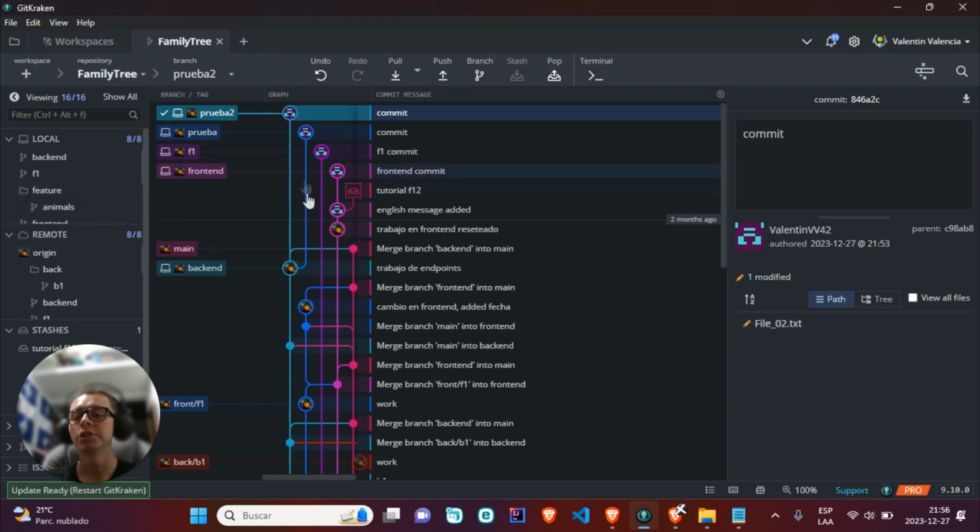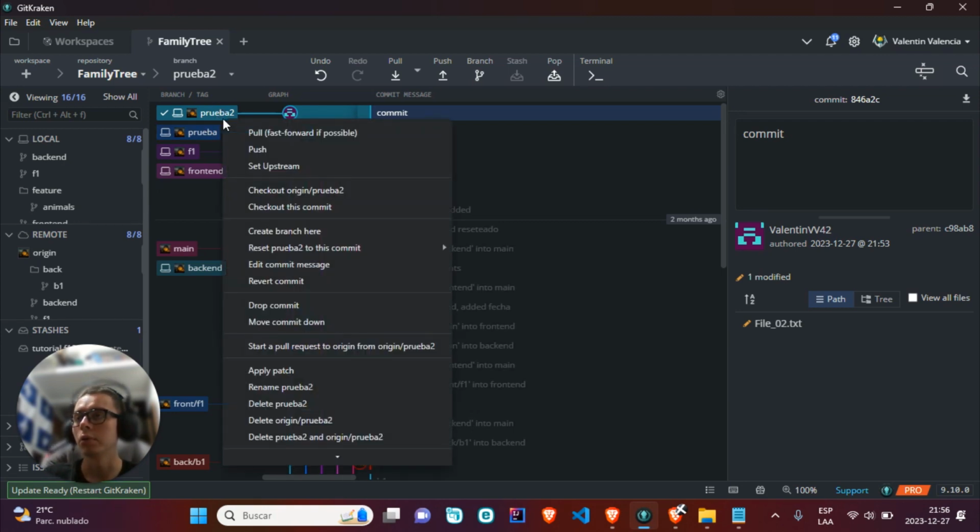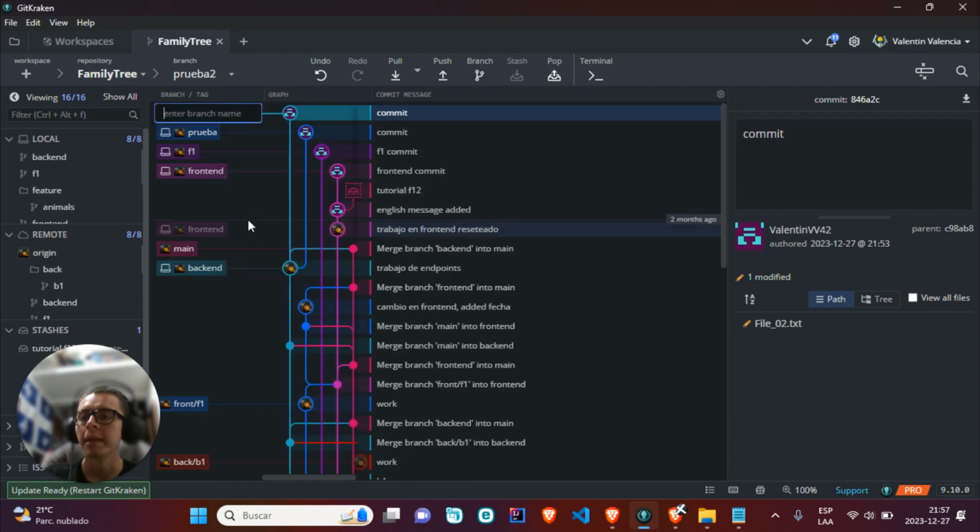To create a new branch, let's say I am currently here in this branch. You can see that it has the computer icon, that means local, and it has the profile image that I have for my account in GitHub. That means that this local version is up to date with the remote version. If I want to create a new branch from here, all you have to do is right click and create branch here, and here